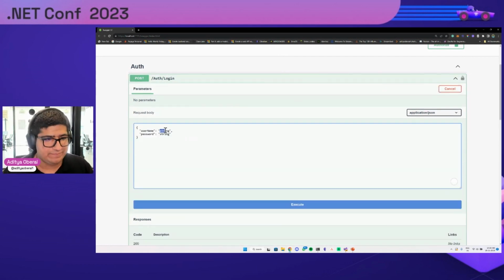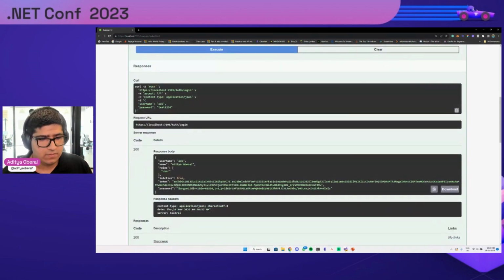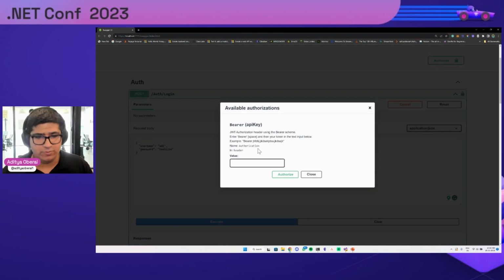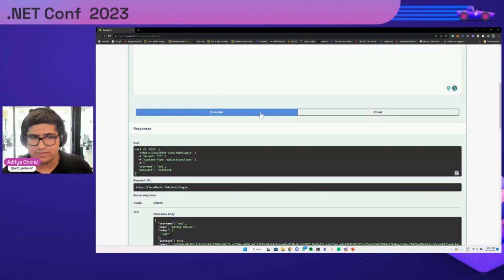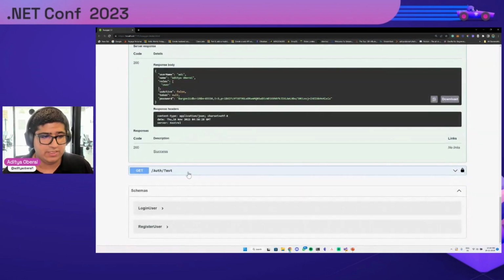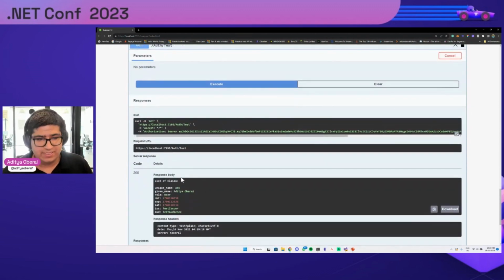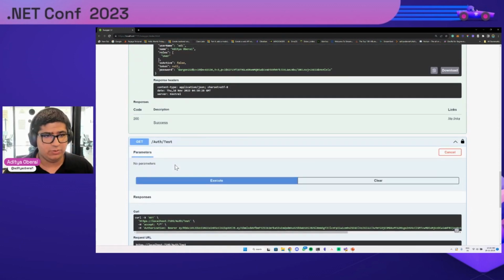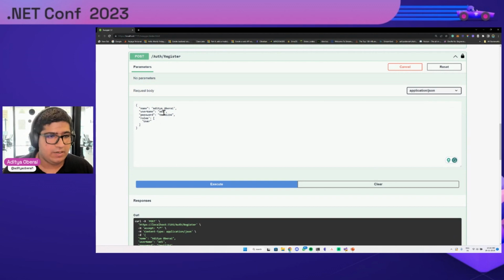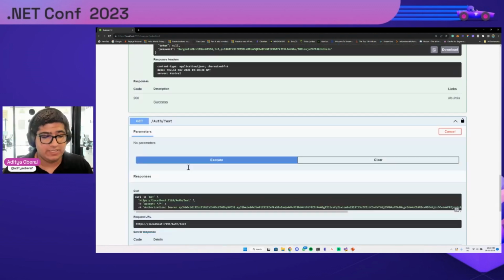We'll go forward and use the same username and password for us to verify and get back a certain token. So as you can see, a token has been generated, and we'll quickly do one thing. We will add this here within the available authorizations, and we will use this to try out and see if our role-based access works. And as you can see, it does. We are able to get back the claims for this particular